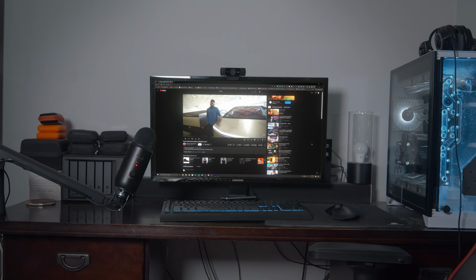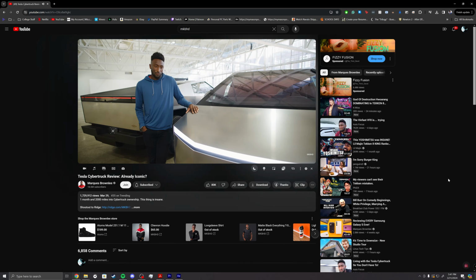Next feature, bulletproof stainless steel. Overrated or